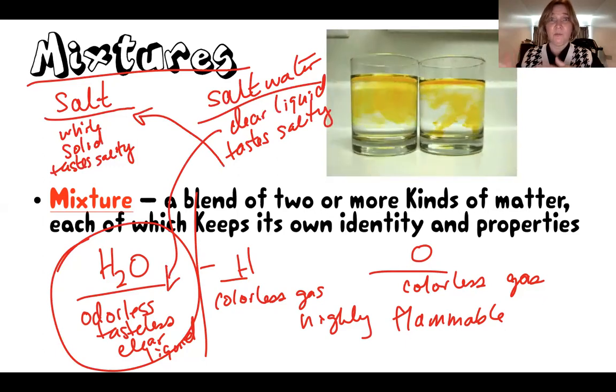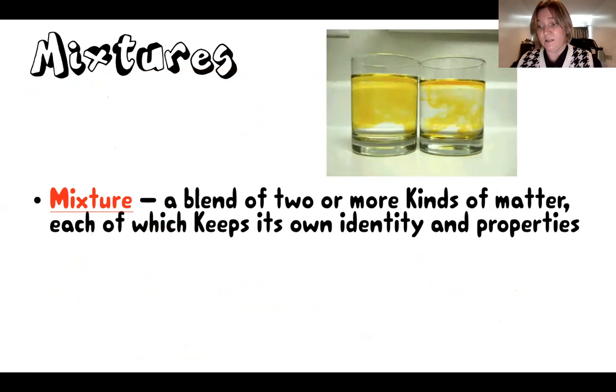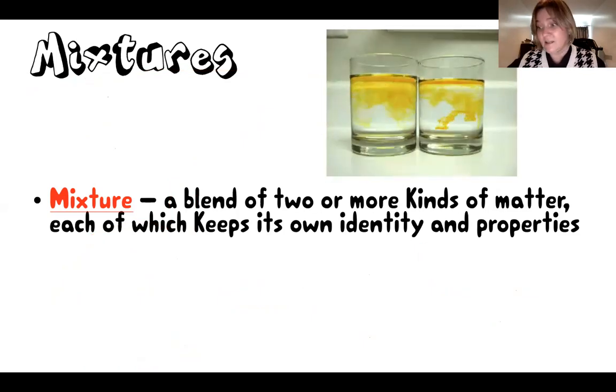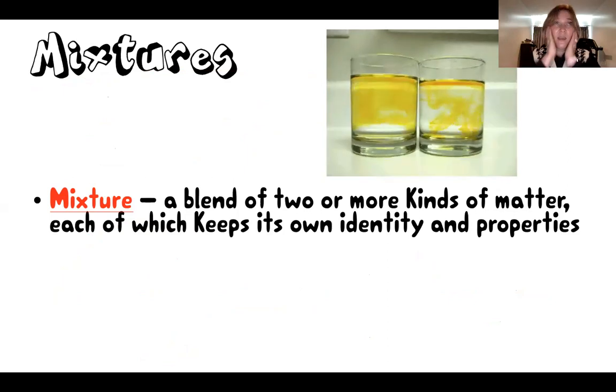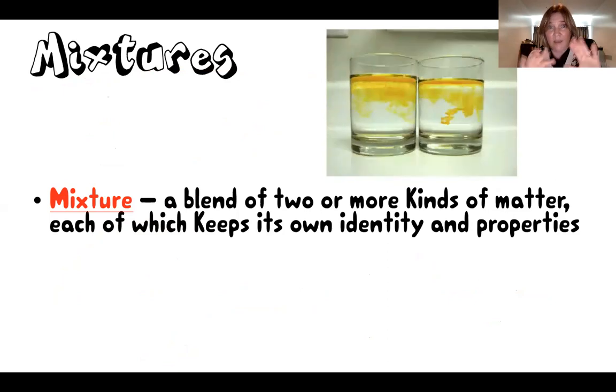So the mixture of salt water contains properties of both salt and water, the two things that made it. So that's a big difference. What you want to think about when you are determining if something is a compound or a mixture is, does this have the same properties as the things that make it,